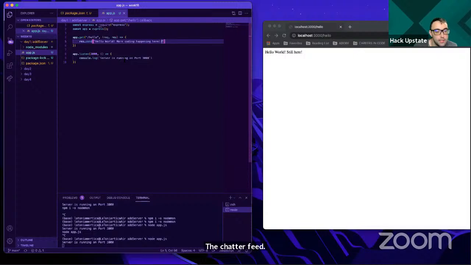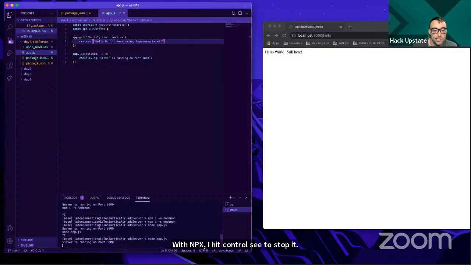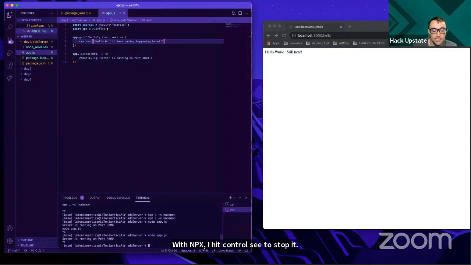So you want to get Node running in your terminal with npx, hit Control-C to stop it. And then we're going to switch over to using Nodemon. So we're going to do npx space Nodemon. And just hit enter there. I think by default that should work.